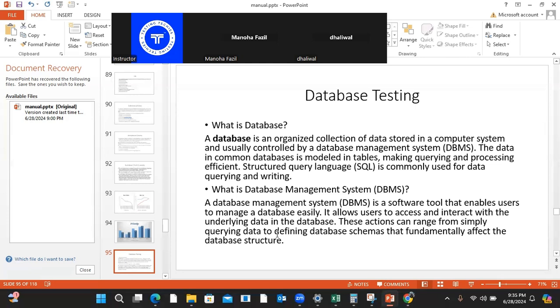Understood, everyone? What is the DBMS? Yes. Okay, so that is called a database management system. Now, next,